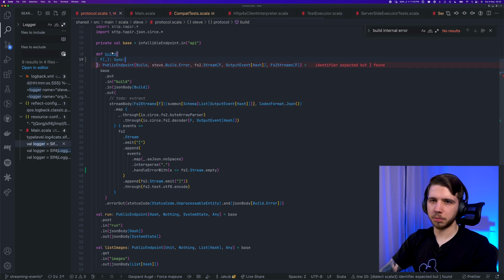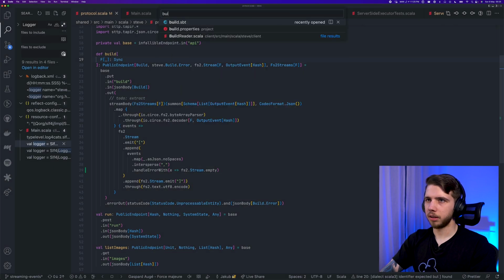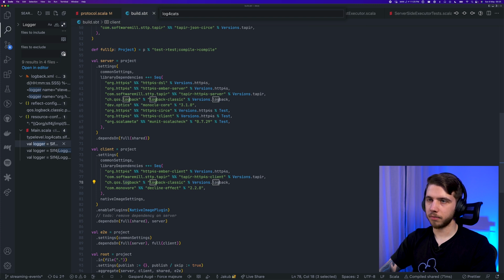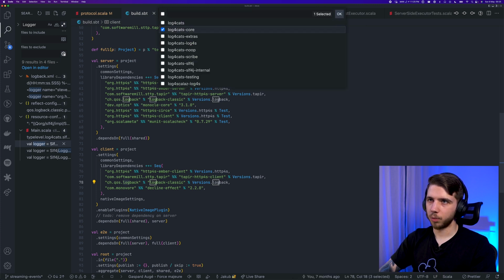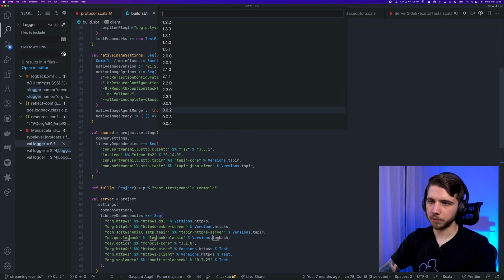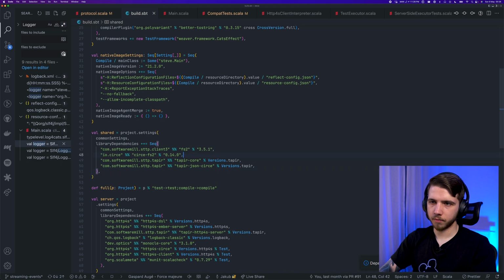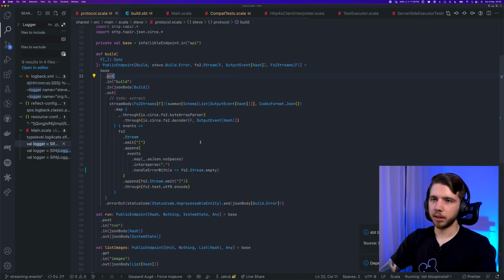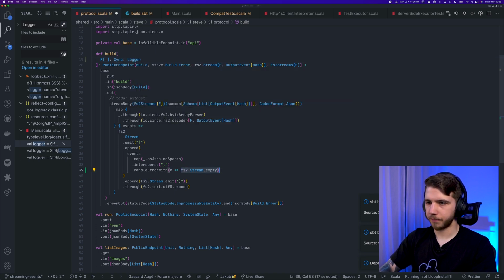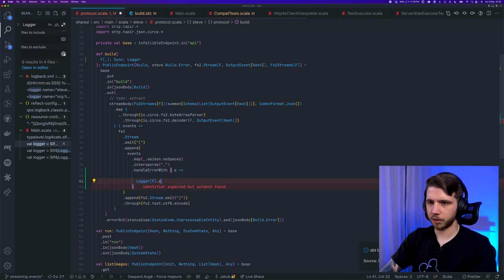A log for cats logger, but we don't have it here. I'll need to add log for cats to the protocol project, the shared project. Yeah. And the version is 2.1.2.3.0.2.3.1. Let's import that. Yeah, this is just going to be a logger, and I'm going to say logger fr